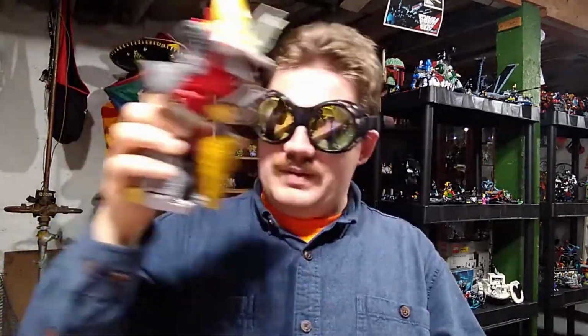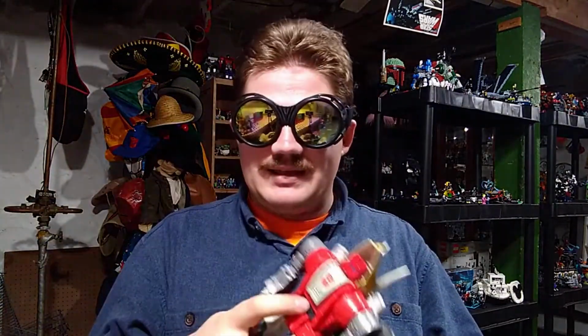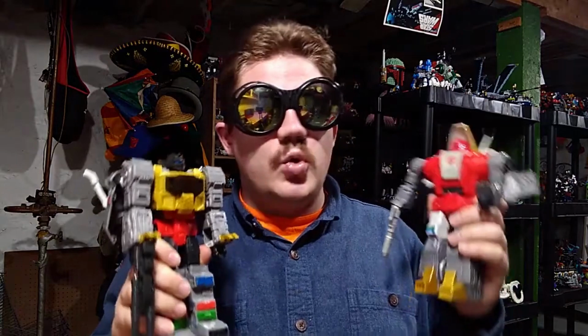You can't do a whole bunch of fiddling around or moving him around or playing with him and stuff like that without his backpack completely coming apart. Which is a bit on the upsetting side of things, but it's not a real big deal breaker for me. It's nice to have a good, proper set of completed Dinobots. And him and Grimlock together are really cool, really nice. And yeah,